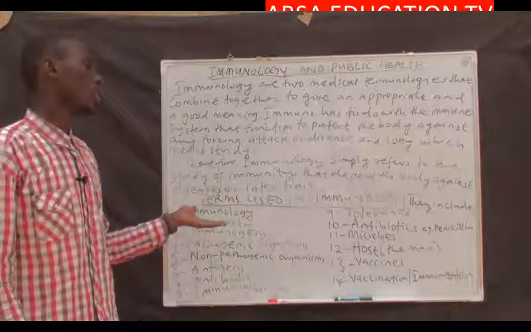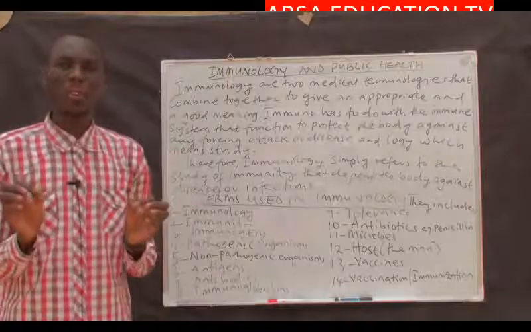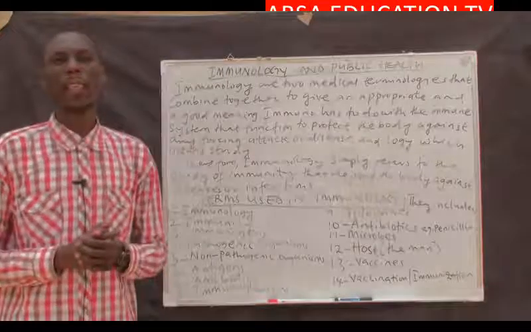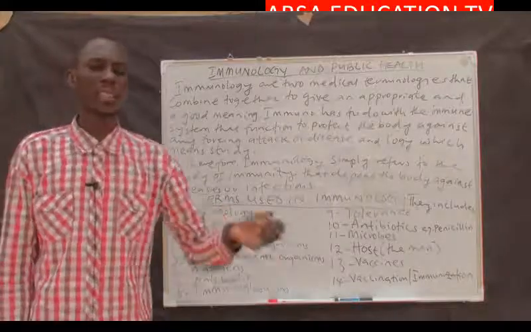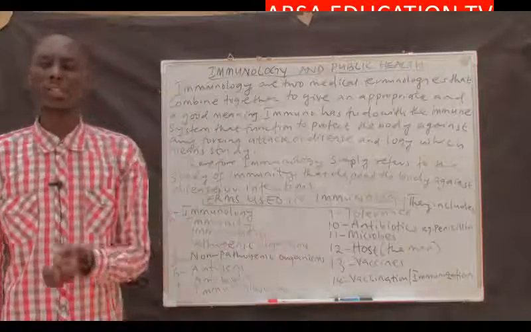Then number two is immunity. Immunity can be defined as the ability of a living organism to resist infection. In other words, immunity can be defined as the capability of the host or any living organism to resist